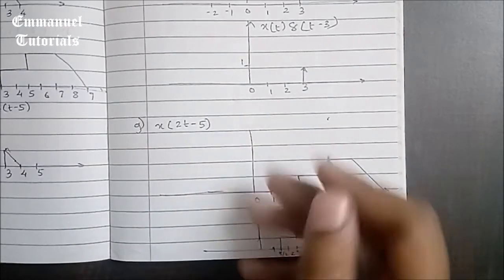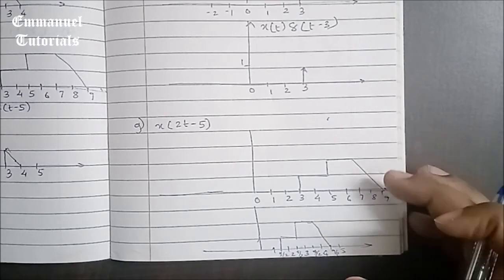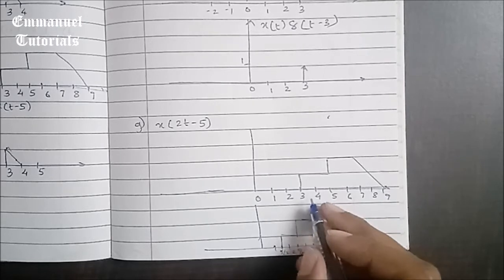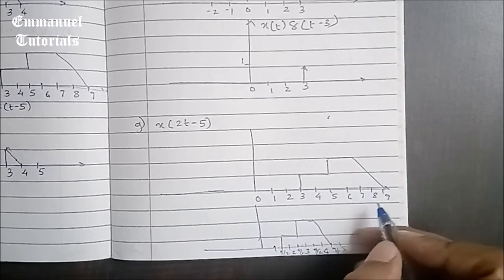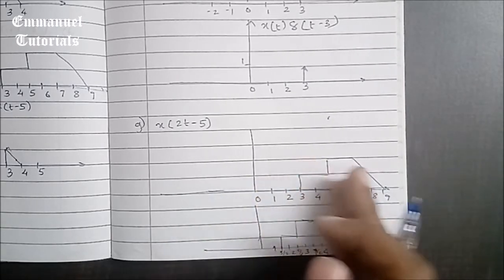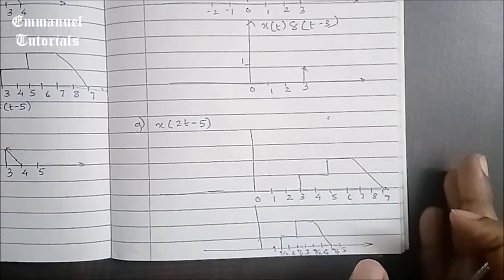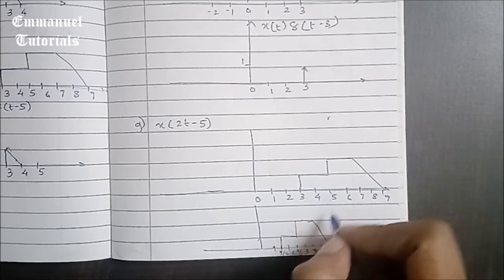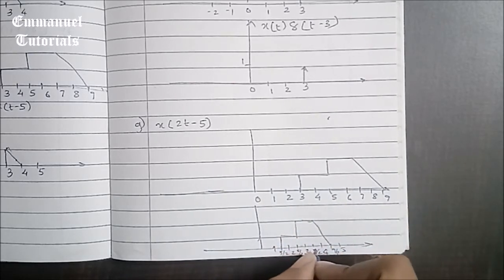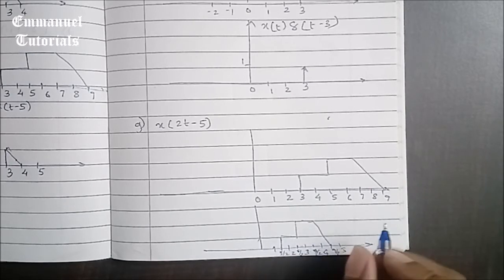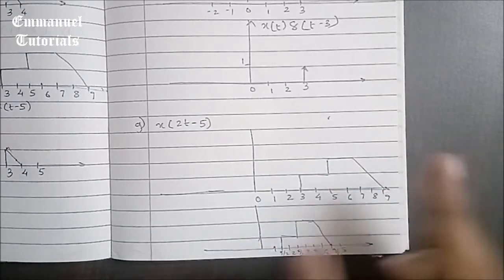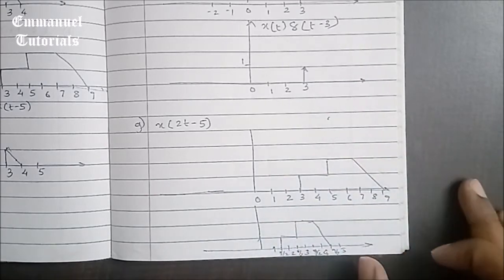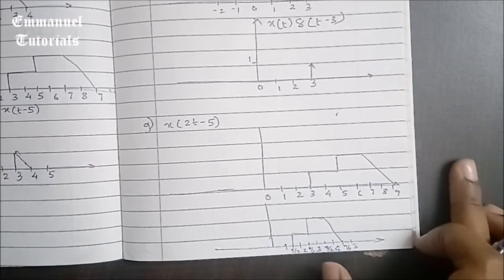So again you're multiplying, so this resultant signal is going to get compressed, which is what you can see here. So the signal at 3 will appear at 3 by 2, and the signal at 9 will appear at 9 by 2, and all the intermediate points will appear at similar values. So the signal at 4 will appear at 4 by 2, the signal at 5 will appear at 5 by 2. That is what I have drawn over here. You can just show by intermediate points. But the signal shape will remain the same. The only thing is it is going to get compressed. It is going to become thinner. That is what you can observe in time scaling.